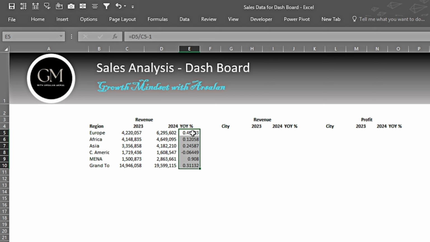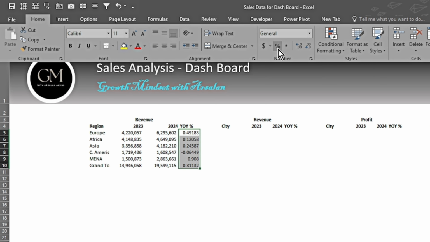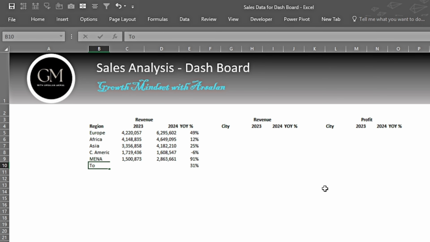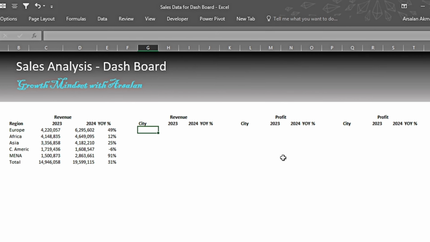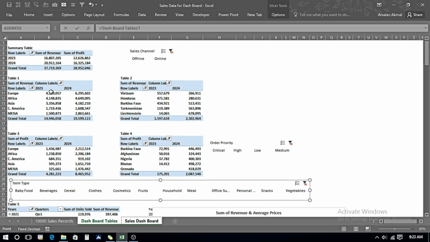And this is the percentage column, so we again go in Home and press on the percentage style. So I name the grand total to total. Now I will repeat the same process for the second, third and fourth tables.